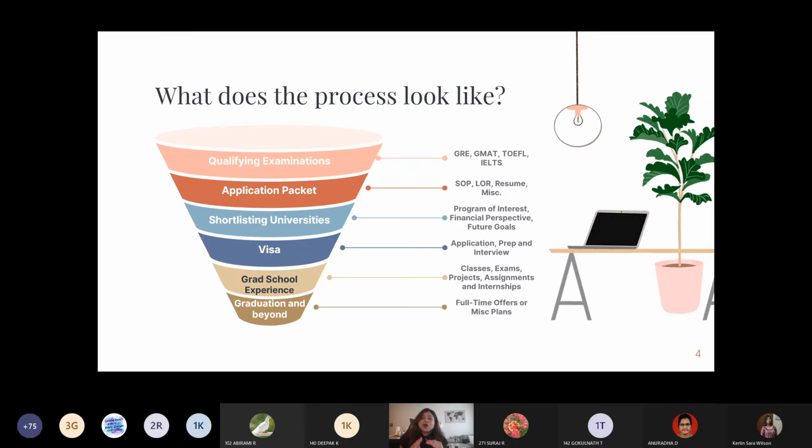So the SOP can also have things that you don't really mention anywhere else, but you still want the admission committee to know. For example, you would have been the class monitor, class leader இருந்திருப்பீங்க, volleyball team leader, basketball team leader, whatever it is. So you can mention that in your resume, right? It's not pretty relevant. But let's say you want to do an MBA degree and you already have a leadership skill through this. You can mention that on your SOP. You can say, so I was like a leader when I was in school, and then we won so many tournaments. I led my team, I led the efforts, and then that kind of translated to the passion that I have for MBA now. That's going to reflect on a very positive note to the admissions committee.